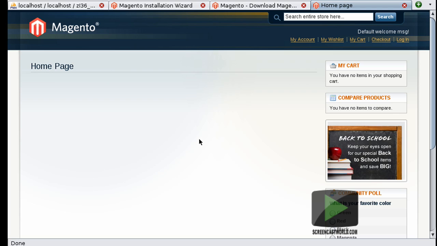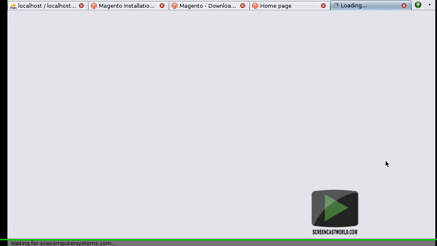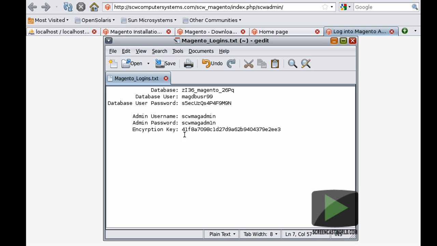So to remove the demo configuration, you'll need to log into the backend area and configure Magento to suit your requirements and your store. So I'll cover how you do this in a different screencast. So if I flip back to our installation wizard, we can click on the Go to Backend button as well, which takes us off to our obfuscated URL. And if we go ahead and log in,